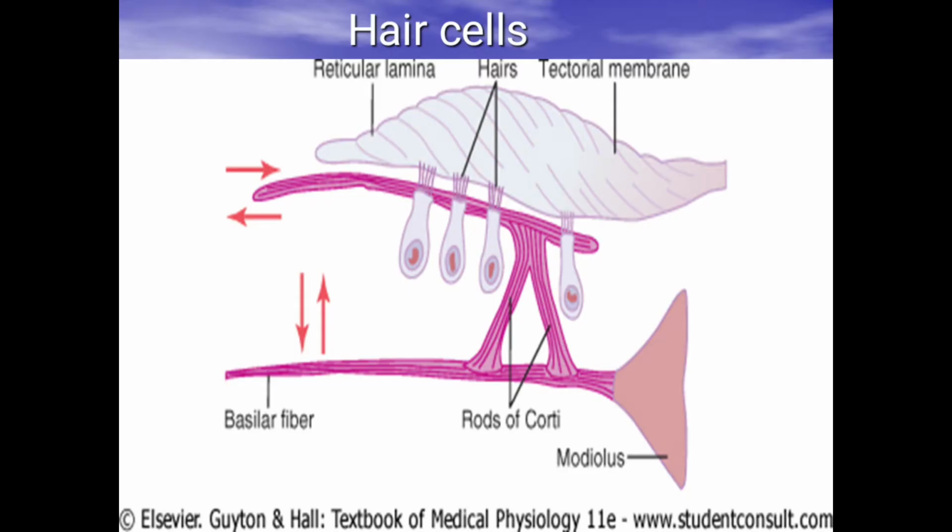The apical ends of the hair cells contain cilia that pass through the reticular lamina and project into the thin, flexible, gelatinous tectorial membrane. The hair cell is a cup-shaped structure with fine cilia called stereocilia. There is no kinocilium in the cochlear hair cells, unlike the hair cells in the vestibular apparatus. The tips of the cilia are linked to each other by minute strands called tip links, which help the bundle of stereocilia to move as a unit. Now, mechanically sensitive cation channels called transduction channels are present at the junction of the cilia with the tip links.